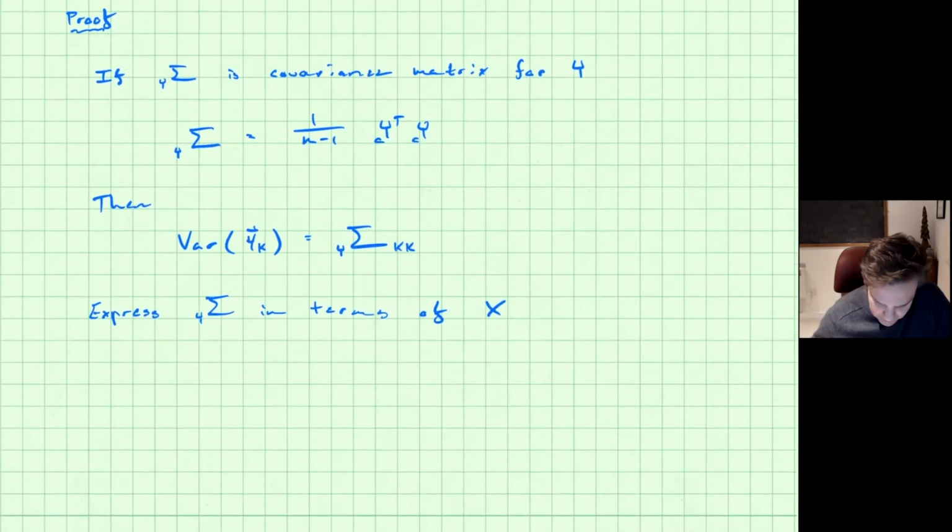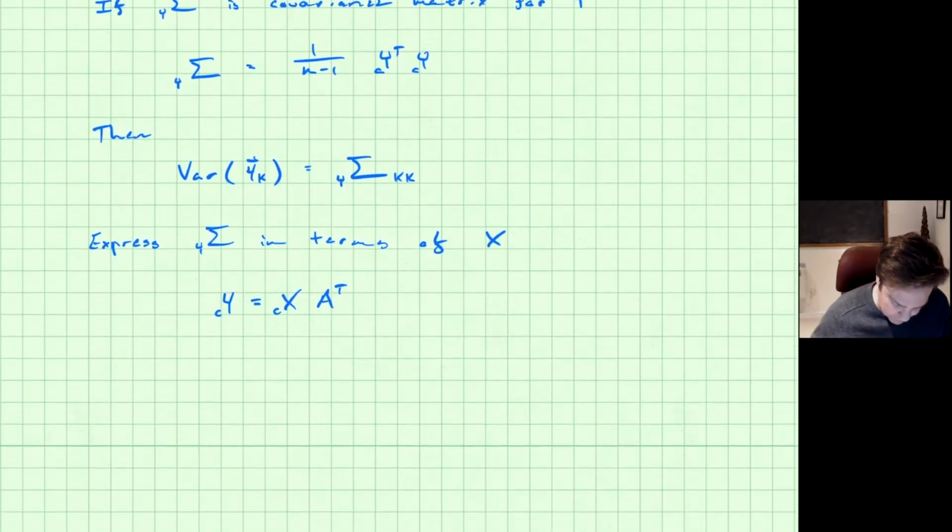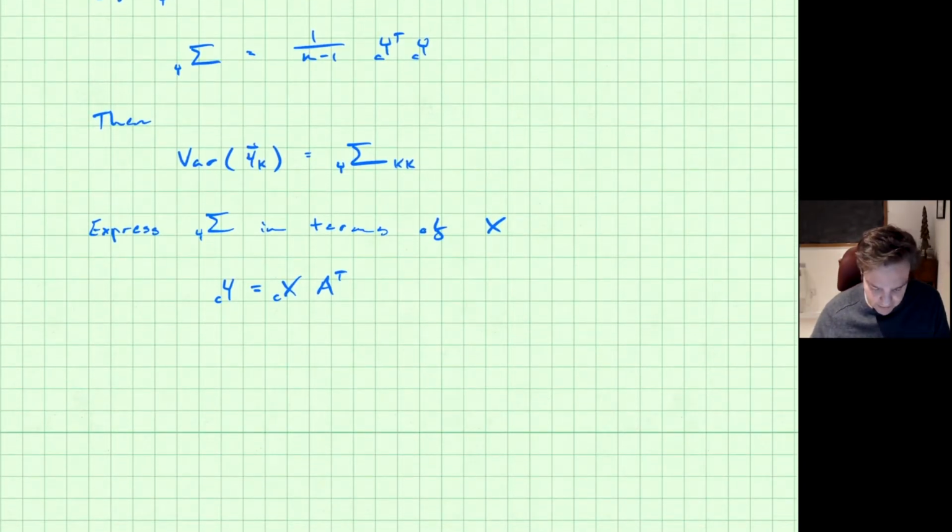Right? And to do that, you use the following transformation. So we had this transformation, y is equal to x times A transpose, right? It turns out the centered thing is exactly the same transformation. You should be able to show that by yourself. You can do it in a few lines. You should try that. It's a good test to see if you are following along. So this is how you make the centered y out of the centered x, right? That means then that